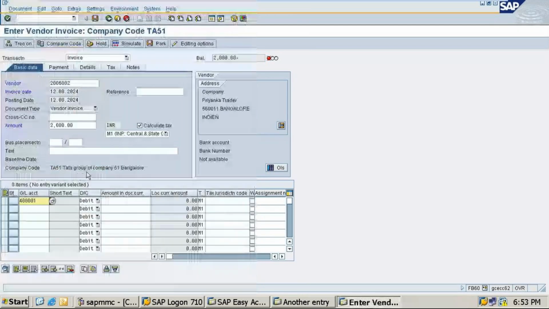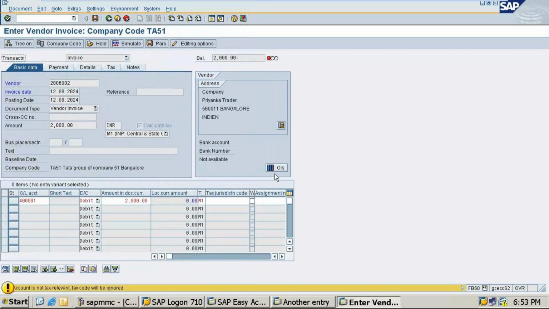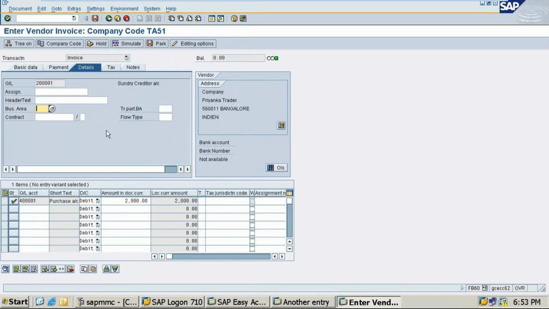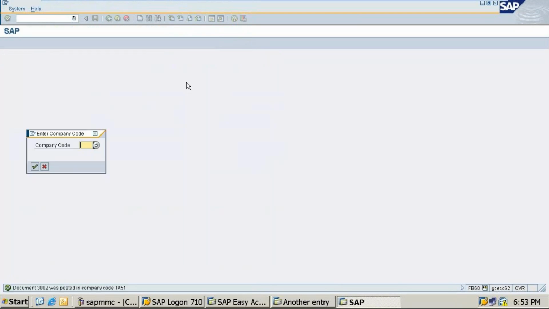Purchase account, amount is 2,000. Press enter. Two times you do it, then it is getting saved.